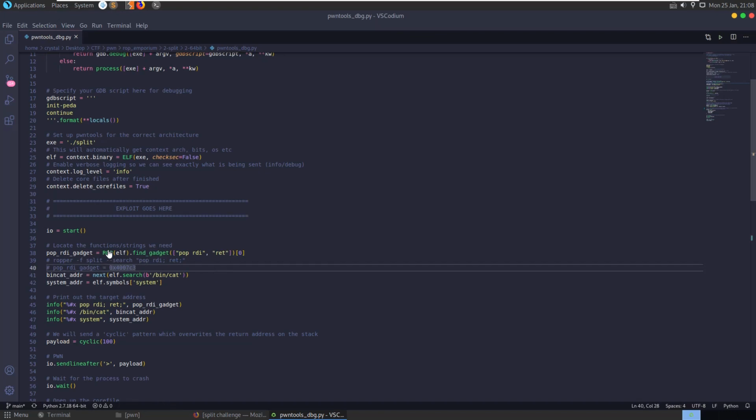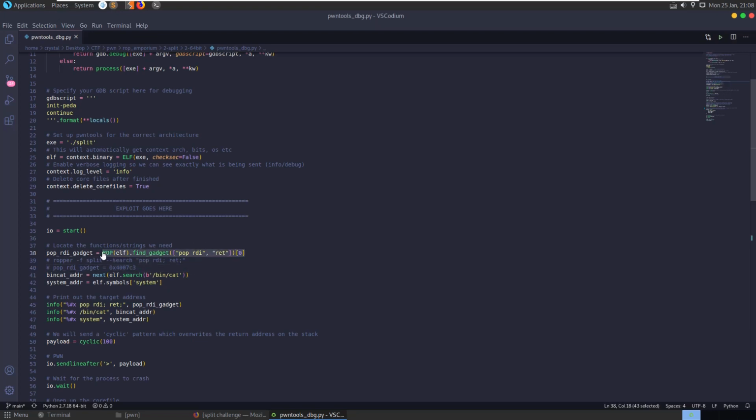So in this example, like in the 32-bit auto-pwn one there, we created a ROP object with the elf, and then we've used this find gadget function, which will return a gadget with the instructions we're looking for, and we'll just take the first instance of it. So this is identical to us simply using the ROPER tool manually in the command line, getting this address,